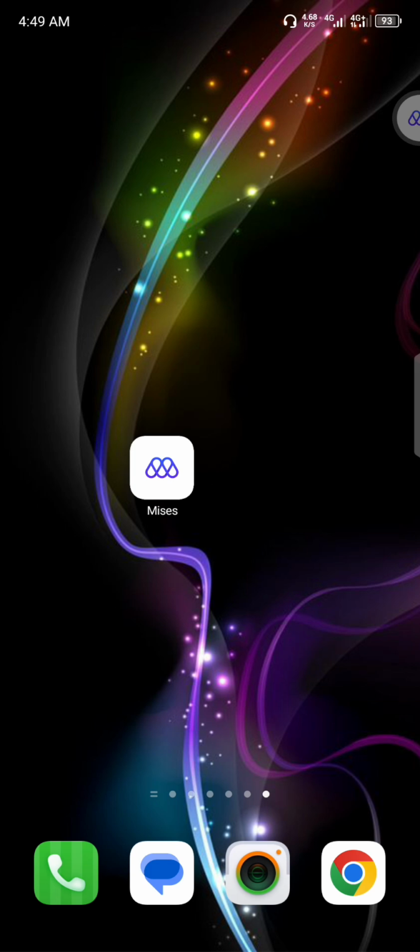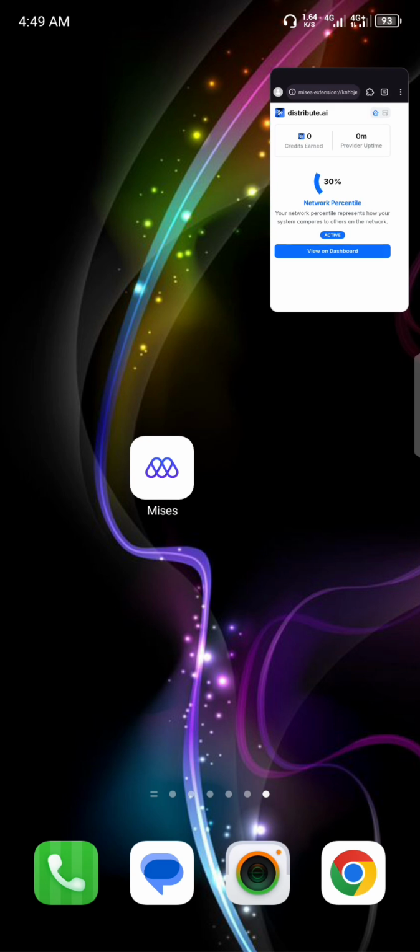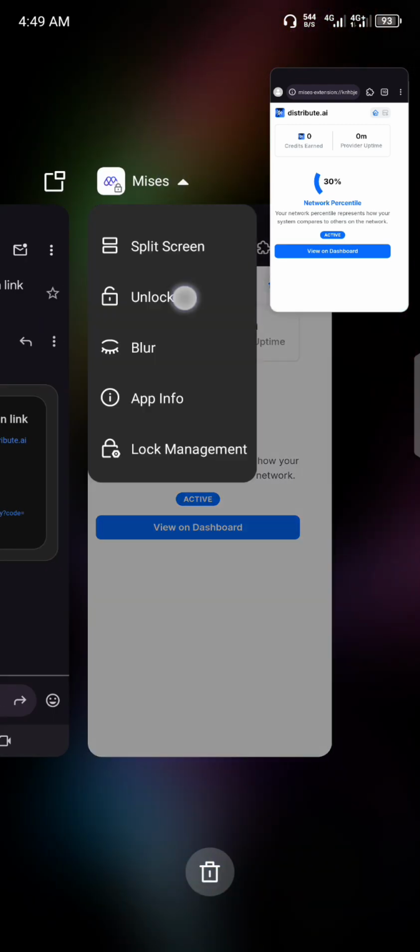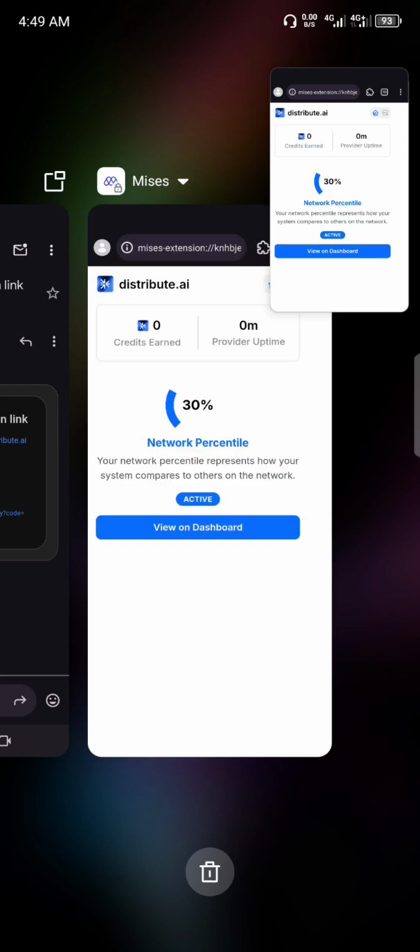not closed. And the thing you actually want to do again is to lock the app right here. You actually want to make sure the app is locked. So if it is locked, each time you use this delete button at the top, which is meant to close all the apps that are currently on your phone's RAM or your phone's app execution runtime,